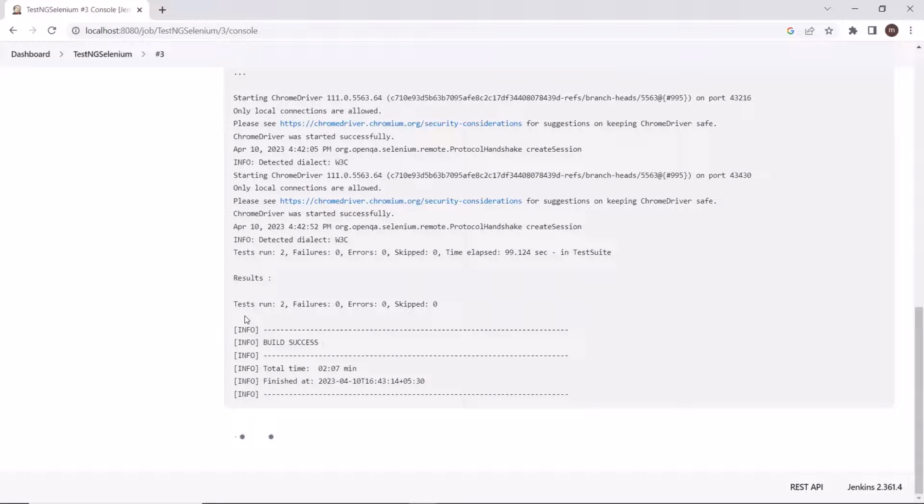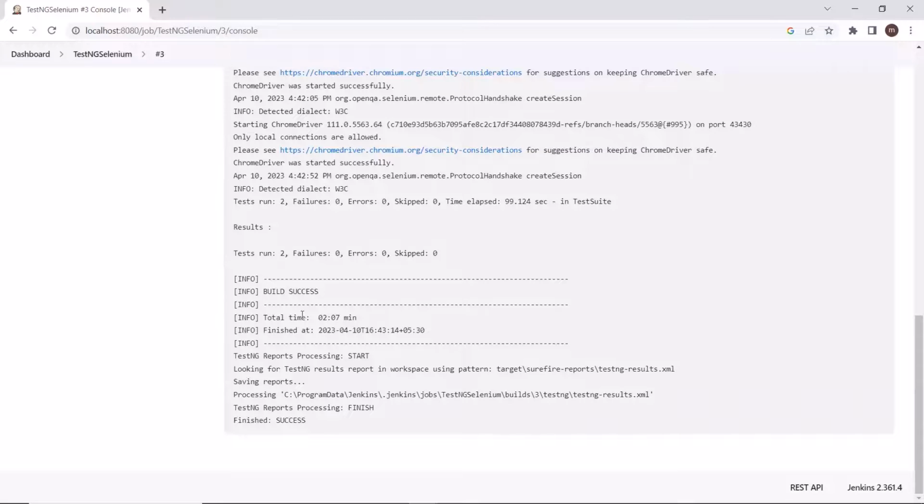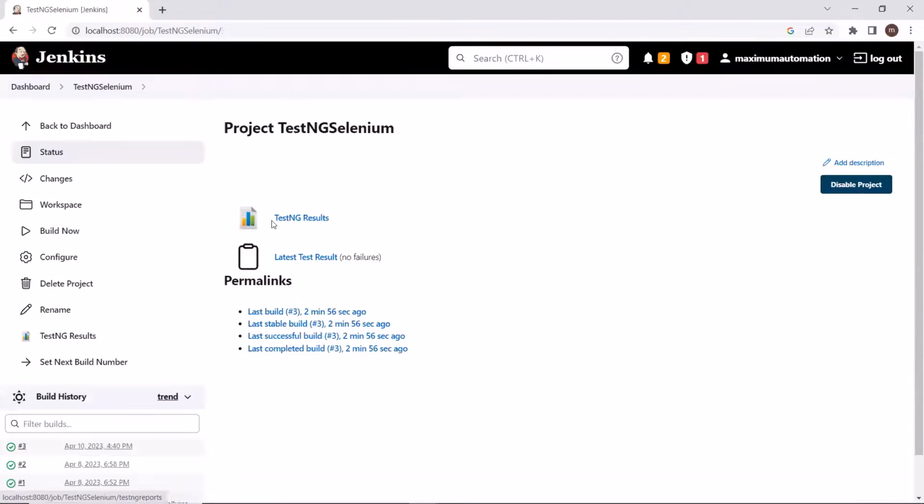Now we can see that the test execution is done. And here in the logs, we can see that TestNG report processing starts, looking for TestNG results in the workspace, target, surefire-reports, testng XML, and then saving reports processing. Now, if I go back to the project, you can see that we are getting the TestNG result. And if I click on the TestNG result over here,